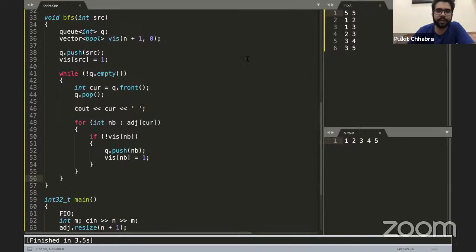So started with 1, added 2 and 3, and then 2 will be popped out. So 2, and then 3 will be popped out. Then 3, and when 3 will be popped out, we'll insert 4 and 5. So 4 and 5. So while we are coding and printing the BFS, I want you guys to realize that